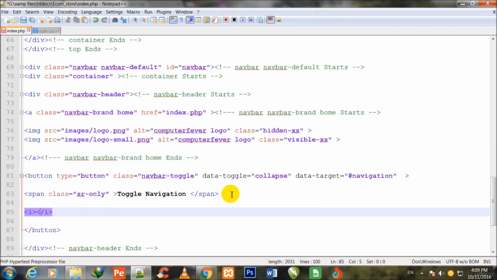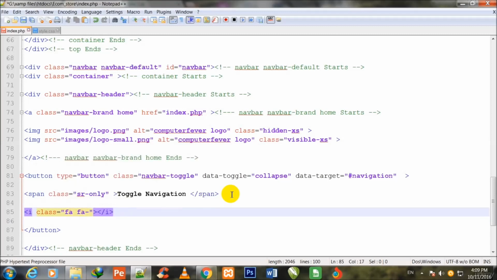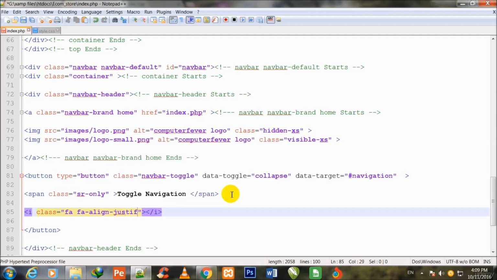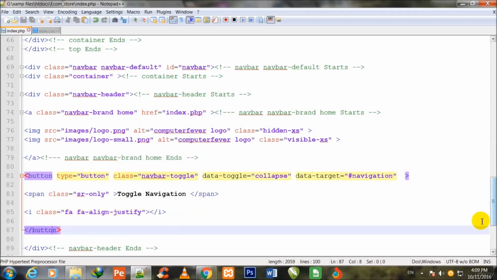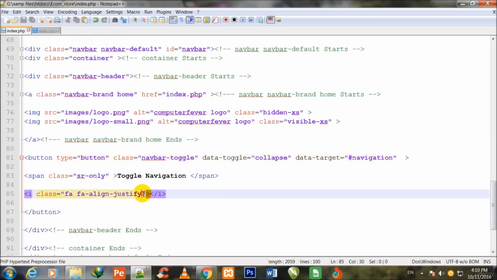I make one i tag for showing the icon, and I assign it a class fa space fa-align-justify. Friend, this is the icon which is inside the Font Awesome website. It is the default class. So if I copy it